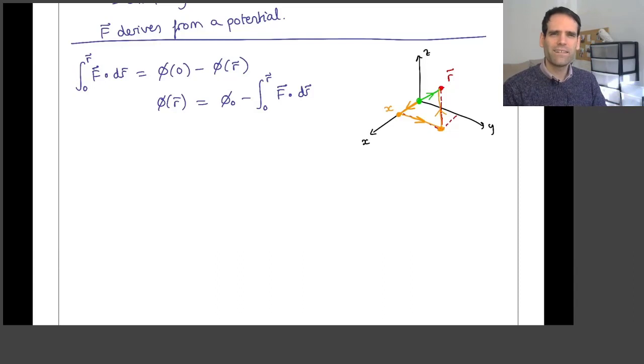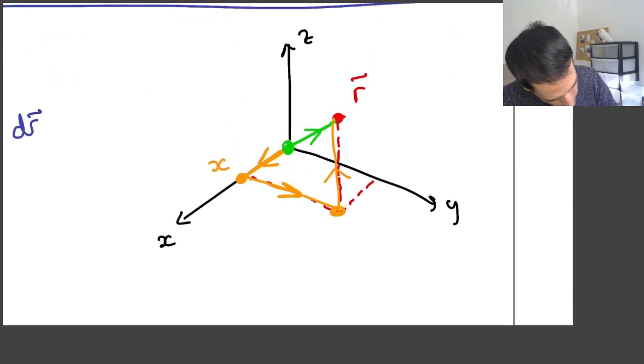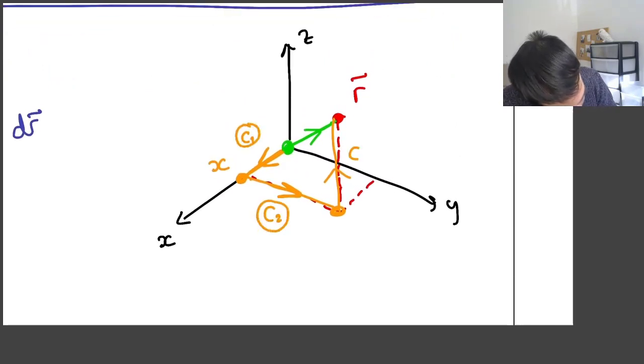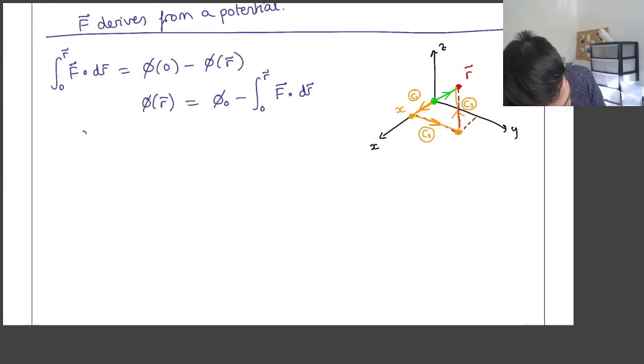After that, I will show you how it can be really fast to do it, everything in 3 or 4 lines. But first let's do the long method. So we start with our first integration. Let's call these paths C1, C2, and C3. So the integral from 0 to r of f dot dr,